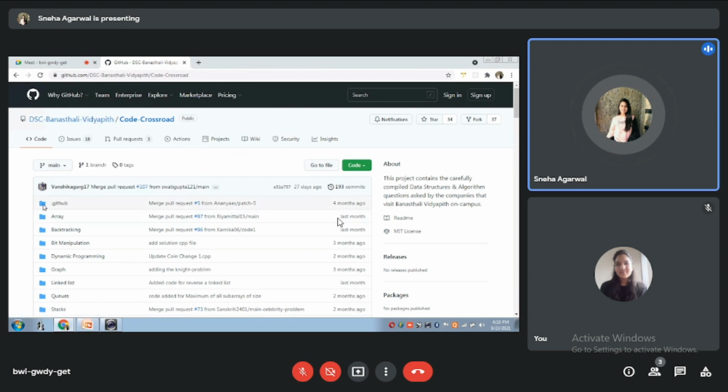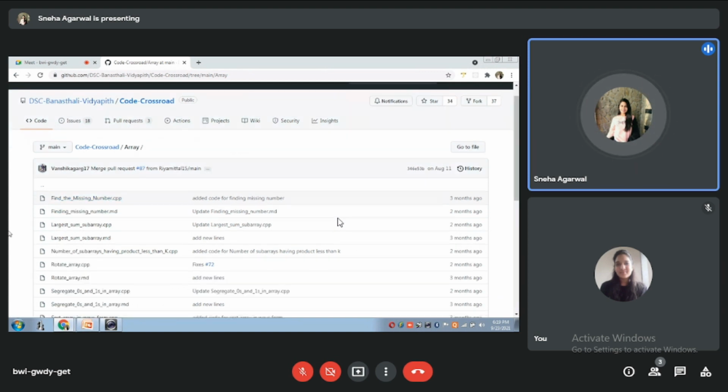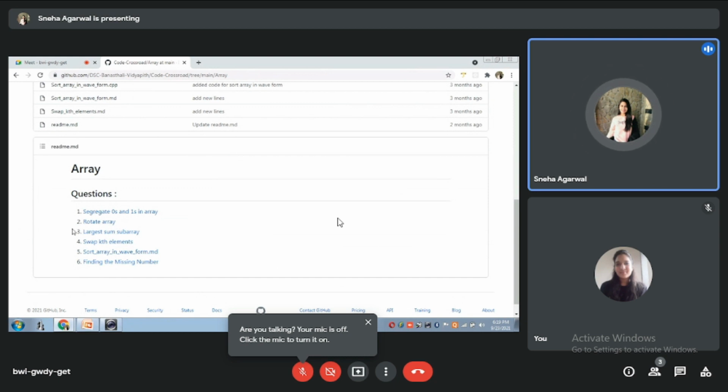Now you can see some familiar data structures and algorithms folders over here. These folders contain nothing but the question files and the respective answer code files. Let's look at some folder, say arrays. Here you can see some MD files and some language-based files. The MD files are basically the question files, and the answer files depend upon the language preferred by the contributor. On scrolling, here you can see the README file for this folder, which contains the available questions for contribution.